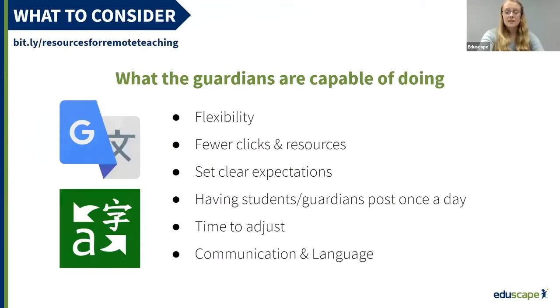For our guardians, we have to think about what they're capable of. Like many others, guardians are probably working at home. Maybe there's several siblings of all different grades and they only have one computer that they're all sharing. Maybe the guardian's not a teacher and they don't know how to go about helping their learner learn. Be flexible, give them time to adjust, allow them to get used to that online platform slowly, where maybe you start with some content and learning at the beginning and the first couple days